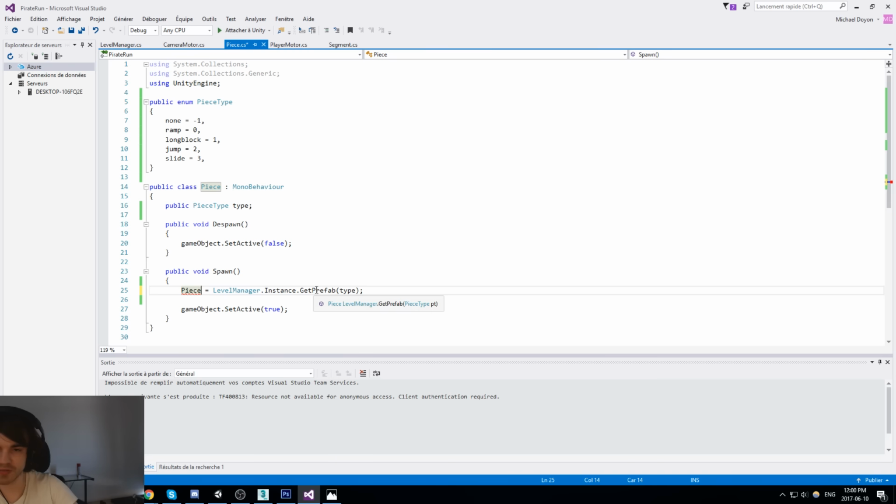We get prefab, it returns a piece, so piece B is equal to this. And then we'd have to position it, I believe, or it might have created a new one. Add the position of this piece right now.